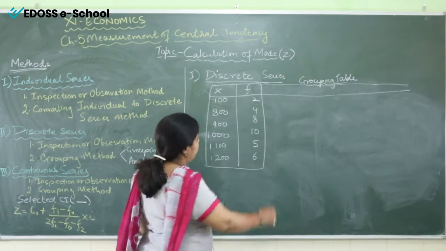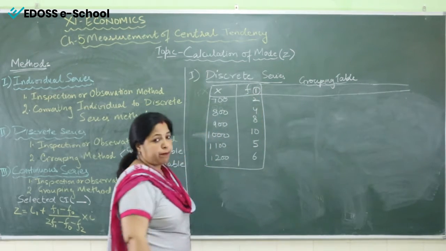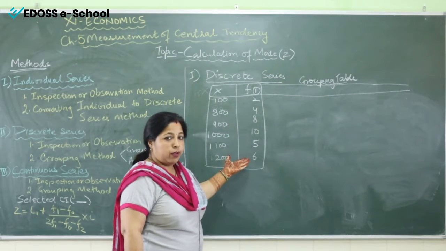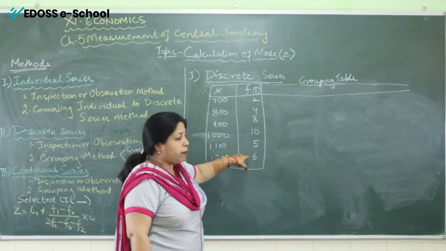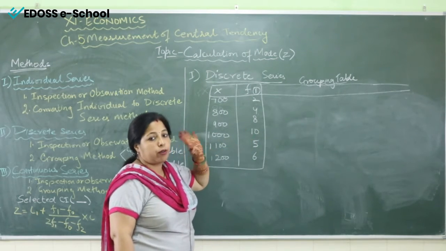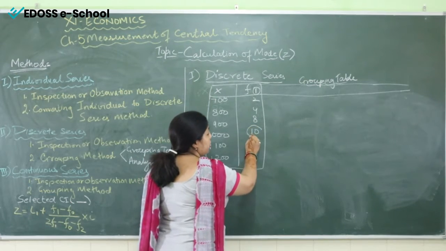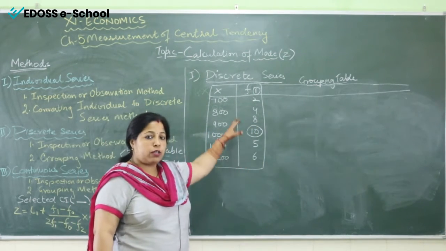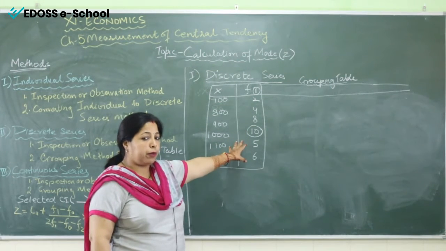The first group is this column, the frequency itself. This is the first group, and the numbers are here. Now what we have to do, in सब में सबसे बड़ा number जो होगा, we are going to circle it out. And here the सबसे बड़ा number is 10. So we have circled this out. This is the first group, that is the first column of the table.